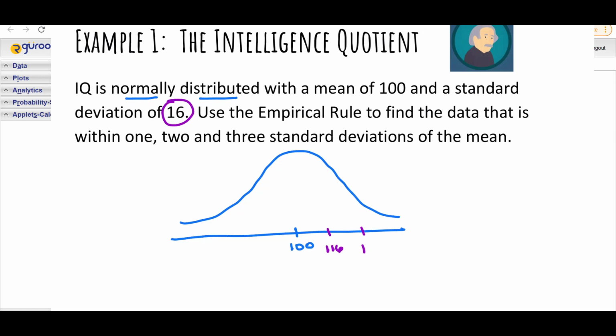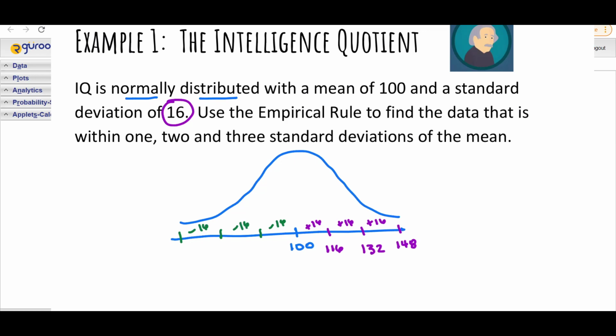Twice would be 132. And 3 times would be 148. That's adding 16 3 times. Then if we were to subtract 16 3 times from the mean, so subtract 16,